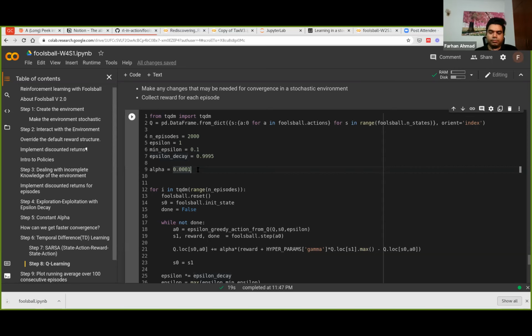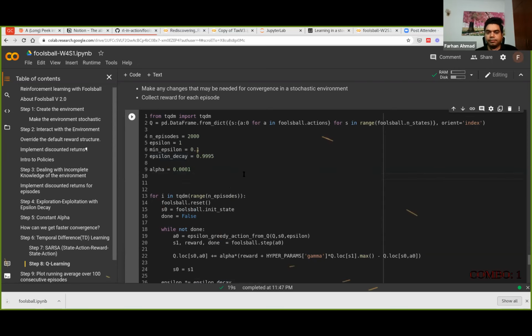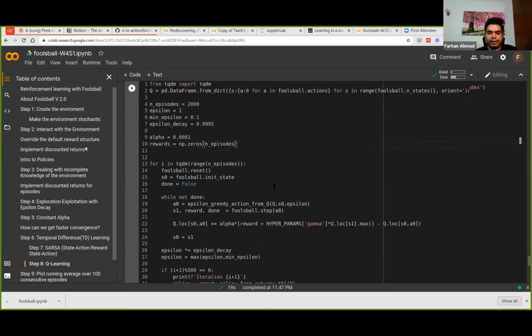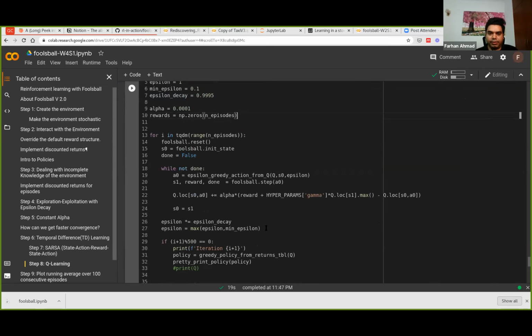Right, so we just define an array, or it could be a list, and then at the end of every episode, outside the while loop, we will